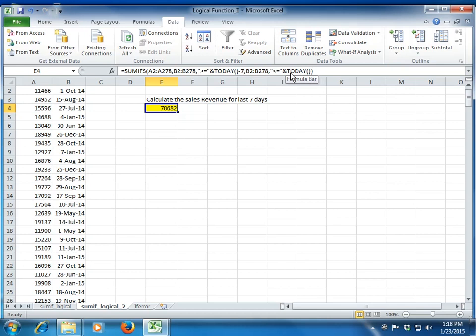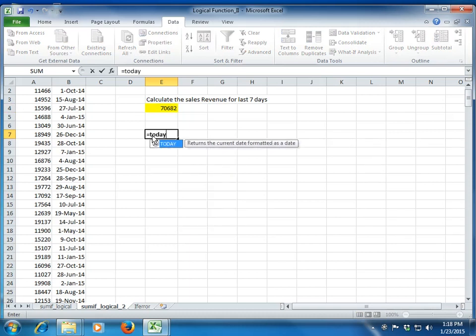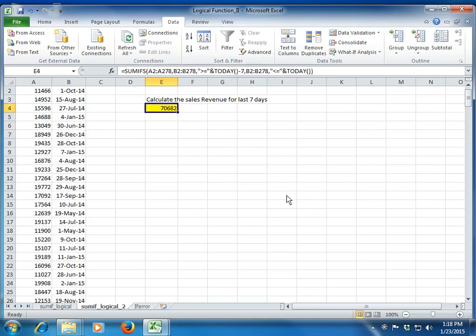So this is another example of how we can use the SUMIFS function along with the logical condition, right? One more thing we have noticed in this formula is that we can use another function or formula in Excel within a formula. In this case, within SUMIFS, we have used the TODAY formula. To be clear, if I simply write the TODAY formula, that is TODAY and two open and close brackets, you see that Excel gives me the date as of today, which is 23rd January in my case. Clear? Fine. So this is another example and application of the SUMIFS function along with the logical condition.